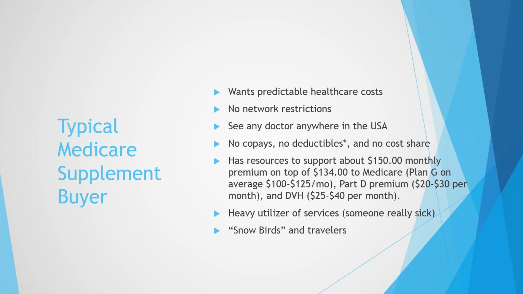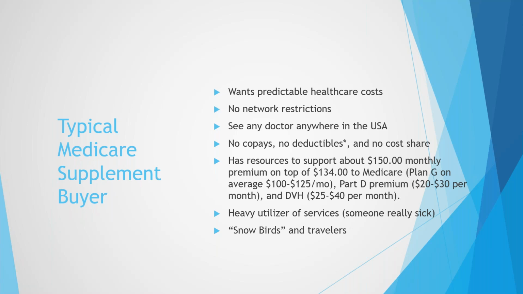They do not want copays. They do not want deductibles, and I asterisk the deductible. Typically, when you're coming from an under 65 environment, such as myself, being under 65, the deductibles are quite high. Our health plan has a $5,000 deductible. So somebody transitioning into Medicare, they're so used to these high deductibles, they don't want them anymore. So they'll communicate to you that they don't want a deductible. We know that with the Plan G and the Plan N, there's a very small, tiny deductible, $180. I think for next year it's $185, and no cost sharing.